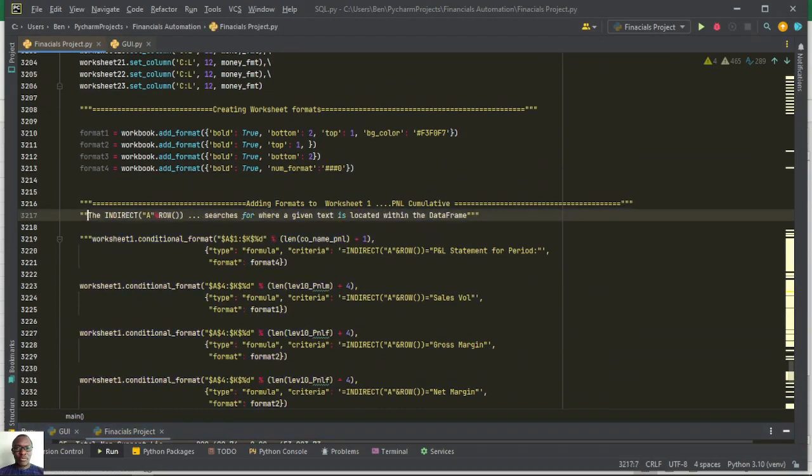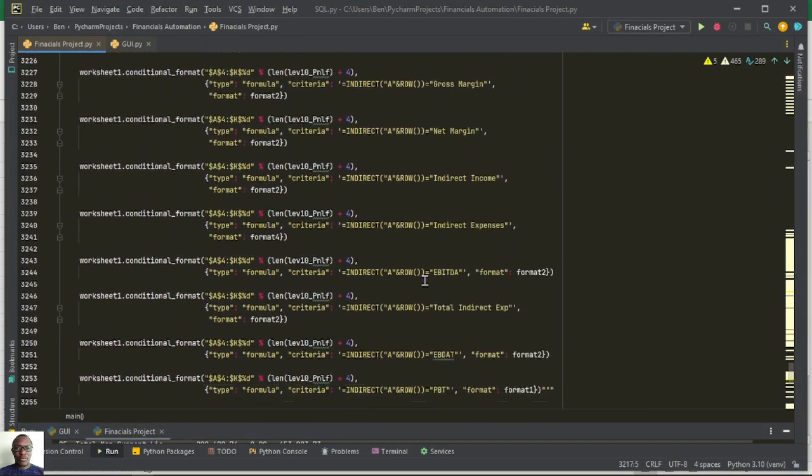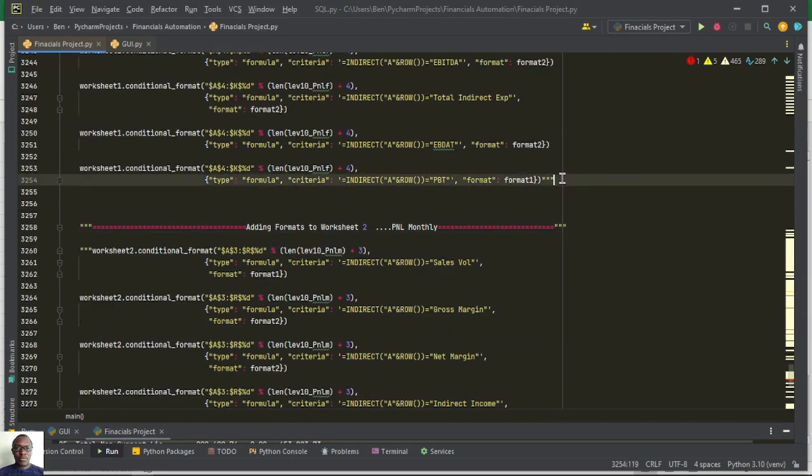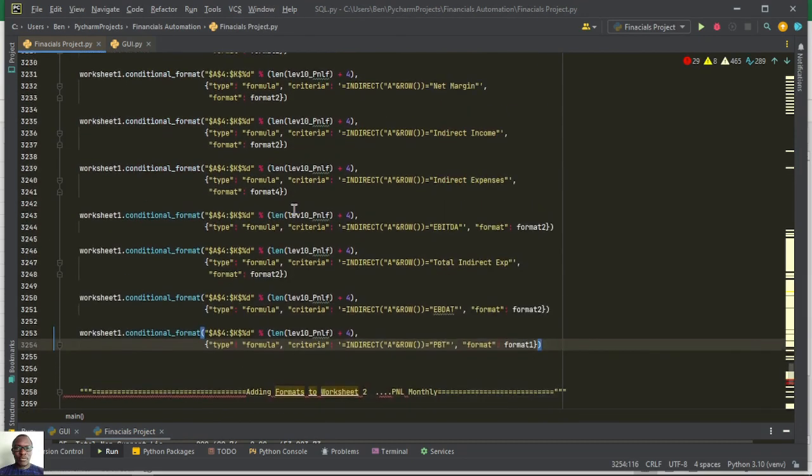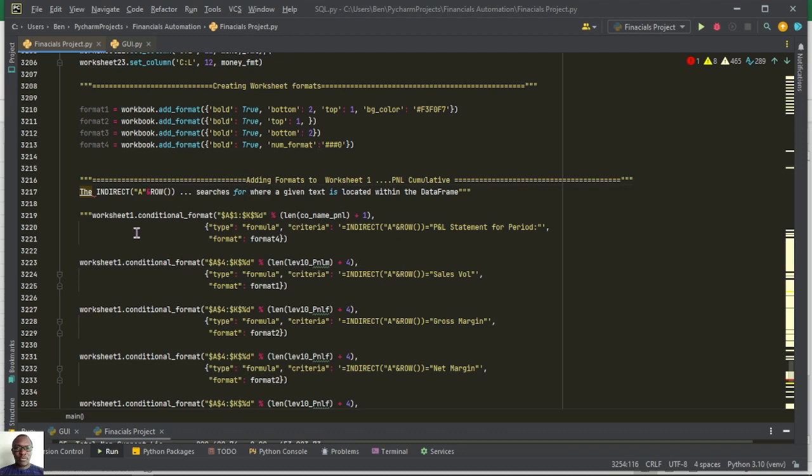Let me uncomment now. There should be a comment here, and this other one. Okay, so we are saying that worksheet 1 dot conditional_format A1